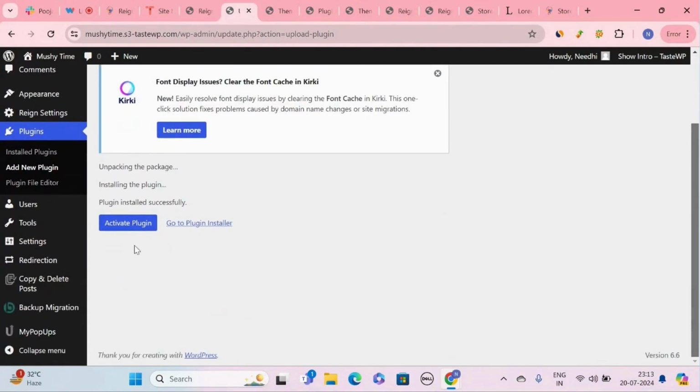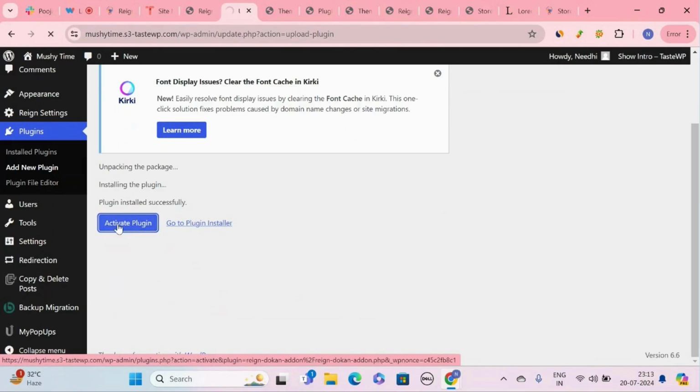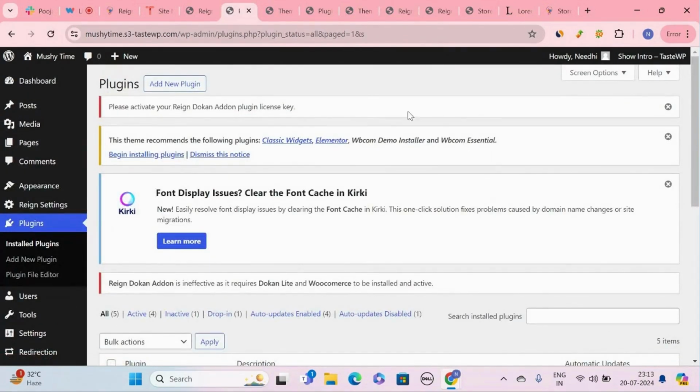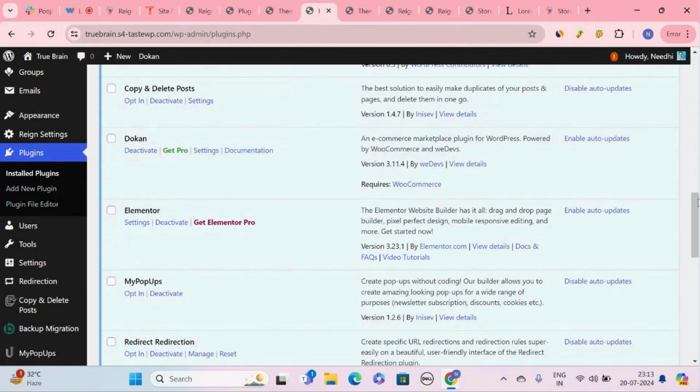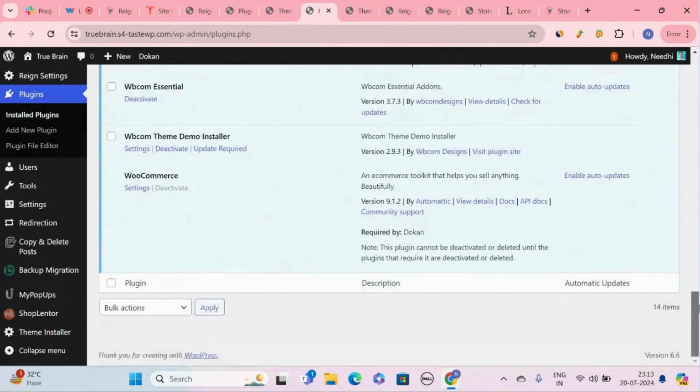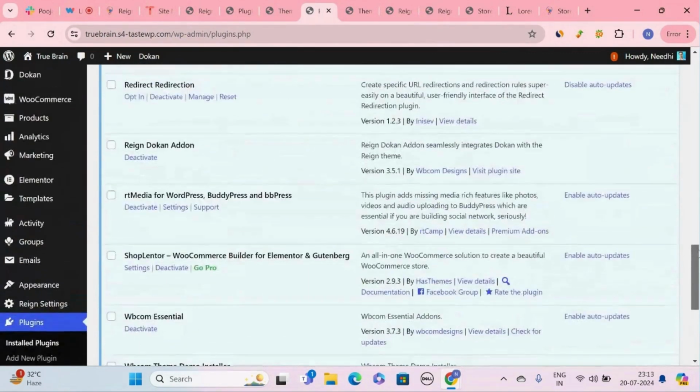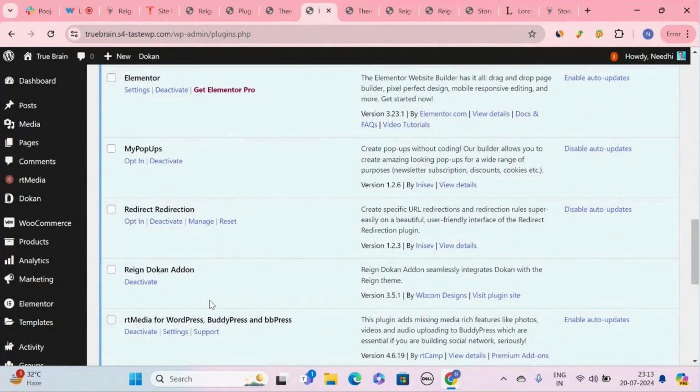So now you need to activate the plugin. I've already installed the Rain add-on plugin as well. Here.